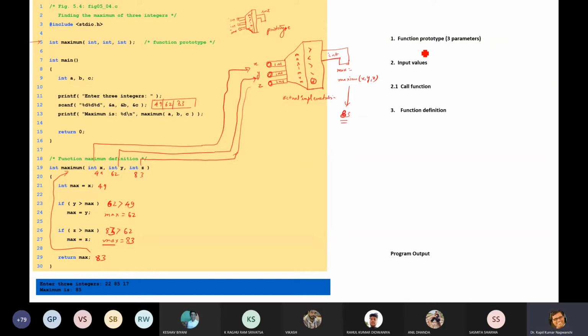Fine. So this is the function prototype. The function prototype is shown here. These are the input values. Inside that function, and this is our function call. Actually this is our function call.